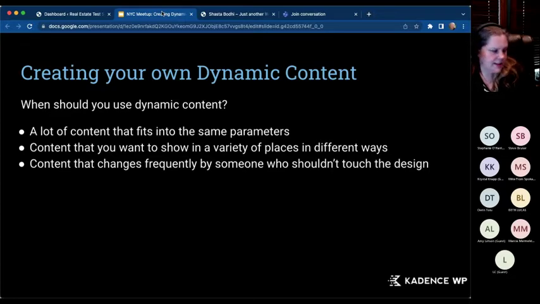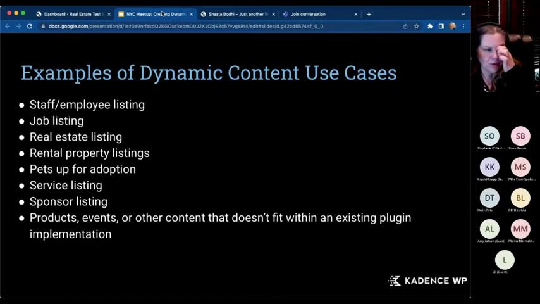And of course, if you don't want somebody to be touching the design and you want to fully separate the contents of a page from the design of that page when you're dealing with blocks, dynamic content is brilliant for that. So obviously, some dynamic content use cases: staff or employee listings, job listings,